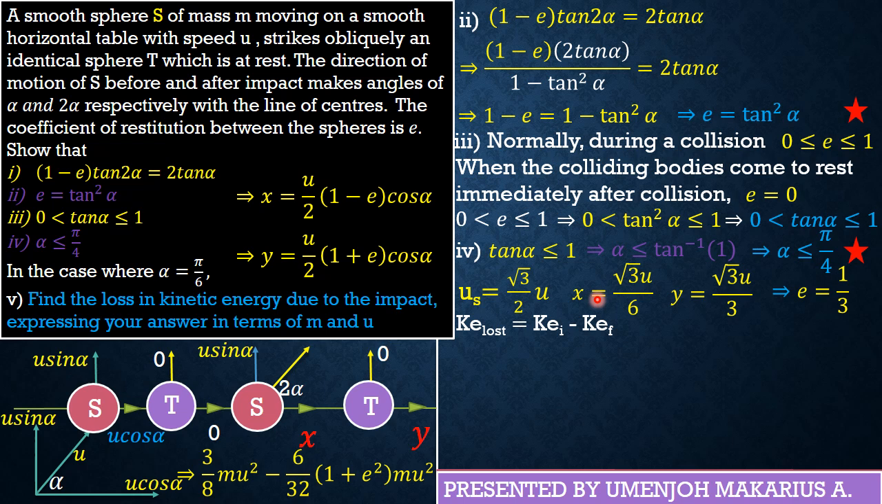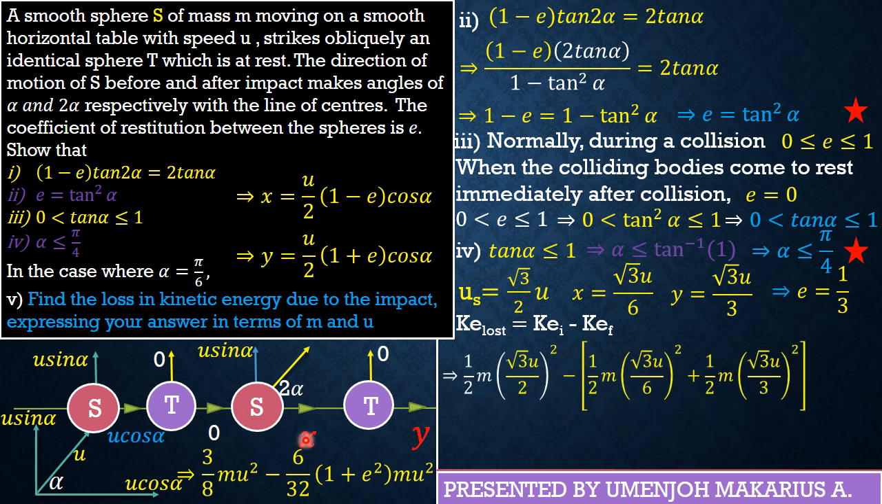Great. So, guys, keep in mind that kinetic energy is simply 1/2 mass times velocity squared. So the initial kinetic energy, like I said, is only from sphere S, since sphere T has none because its initial speed was 0. So we are going to have 1/2 m times the initial speed of sphere S, which is root 3 by 2 U, everything squared, minus the final kinetic energy, which is 1/2 m times the final speed of sphere S, which is root 3 U over 6 squared, plus that of sphere